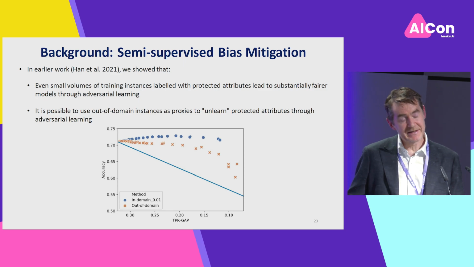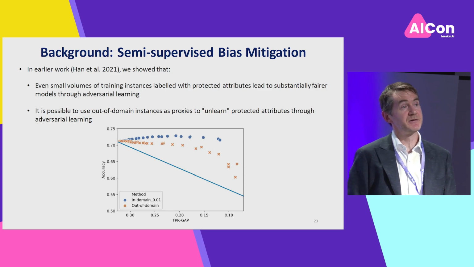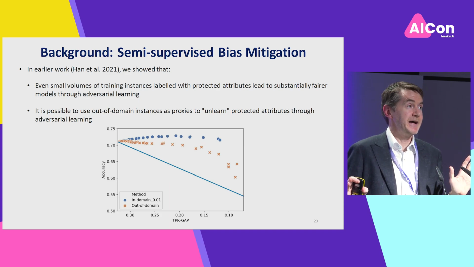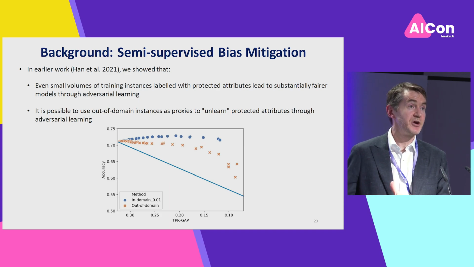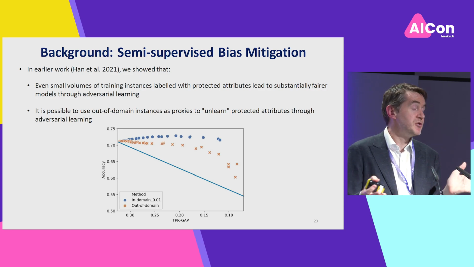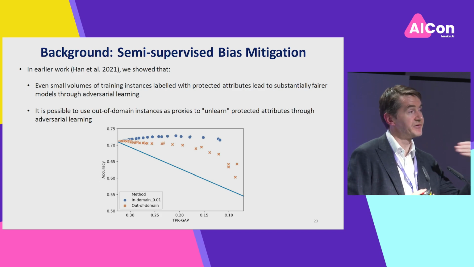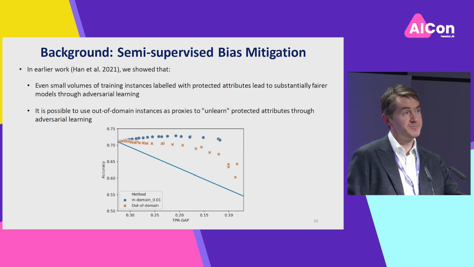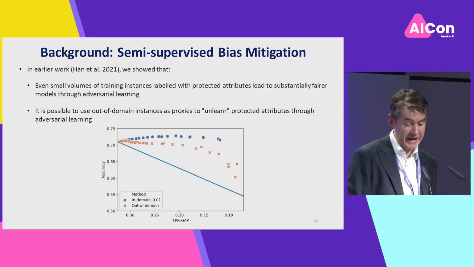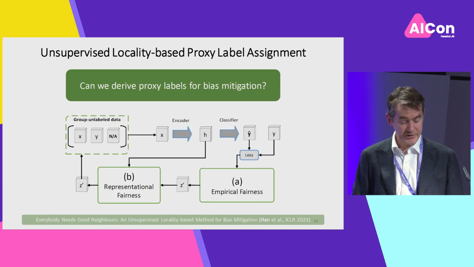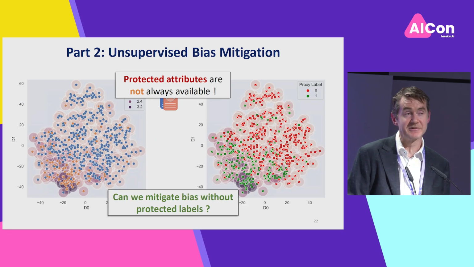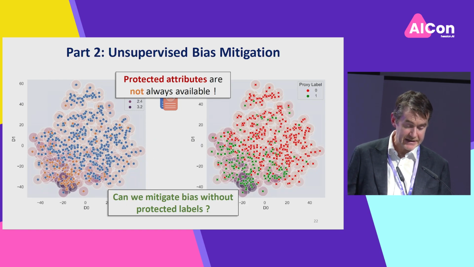But what we were exploring in this work was, what if we have nothing? There's just no labeled data. And there are many contexts where this would occur, for legal reasons or otherwise, where we just don't know. And as I say, it partly gives us the hope of potentially future-proofing our methods over protected attributes that we possibly hadn't thought about. So the intuition, and I'll skip over the technical details somewhat, but the intuition behind this,